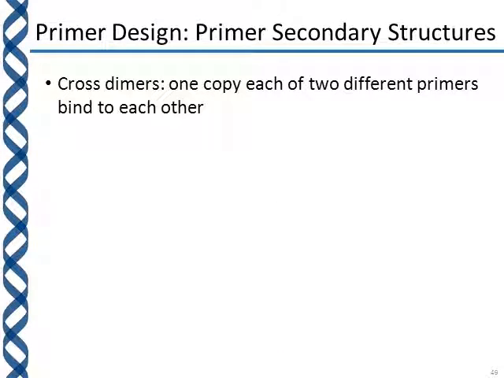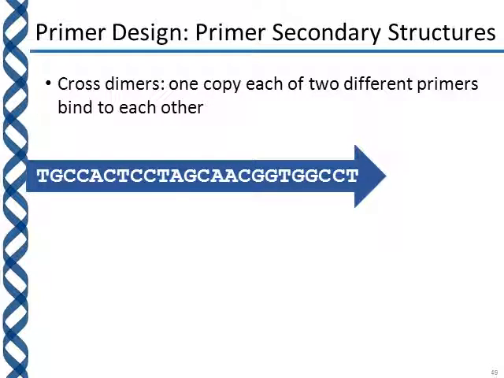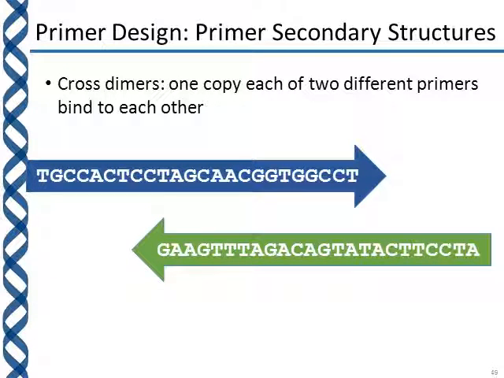The situation with cross dimers looks a lot like what we just saw with the self dimers, except that instead of two copies of the same primer molecule, you have two completely different primer molecules that are binding to each other. So say for example we have a forward primer with this sequence, and we try to amplify with a reverse primer of this sequence. Each of these primers is designed to bind to a specific part of the template DNA, X length apart, say 300 base pairs,